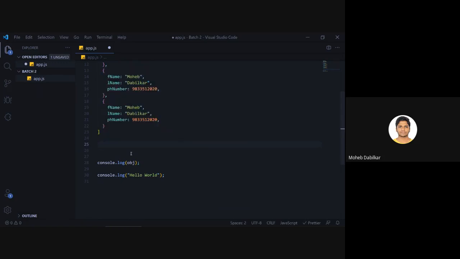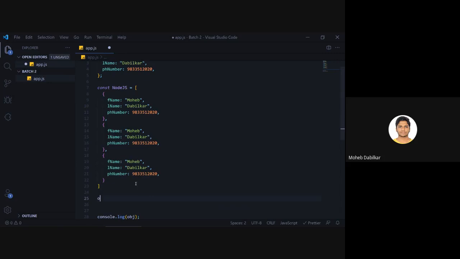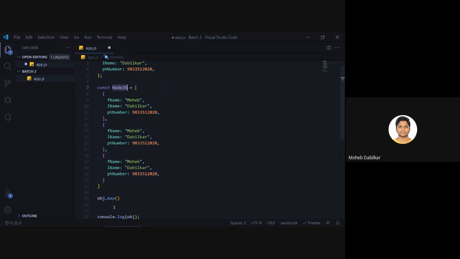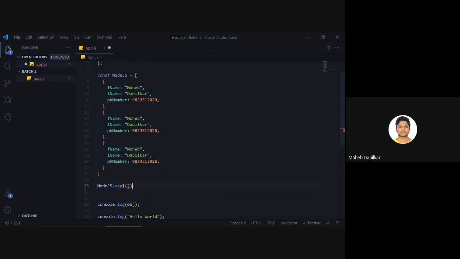And just like that only, we have something that says map function for an array. So if I say obj dot map, so we have node.js right now. So our object will be node.js, which is an array, and inside this you have to name one of them. So right now we have students.